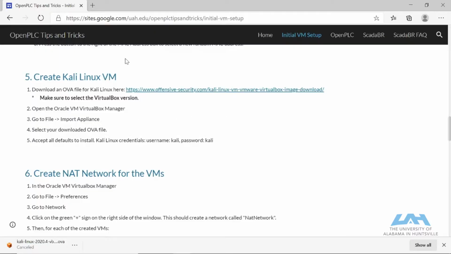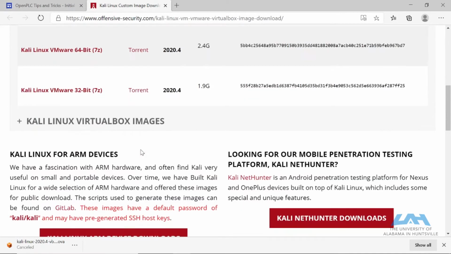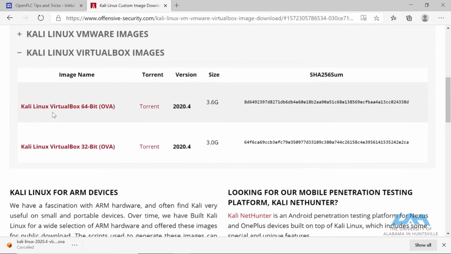To create a Kali Linux VM, you need to download the OVA file from the Kali Linux website. So to do that, just go ahead and click on the link, and then scroll down. As soon as you are on the Kali Linux website, scroll down to the Kali Linux VirtualBox images, and right here on VirtualBox 64-bit, just click it, and you should be